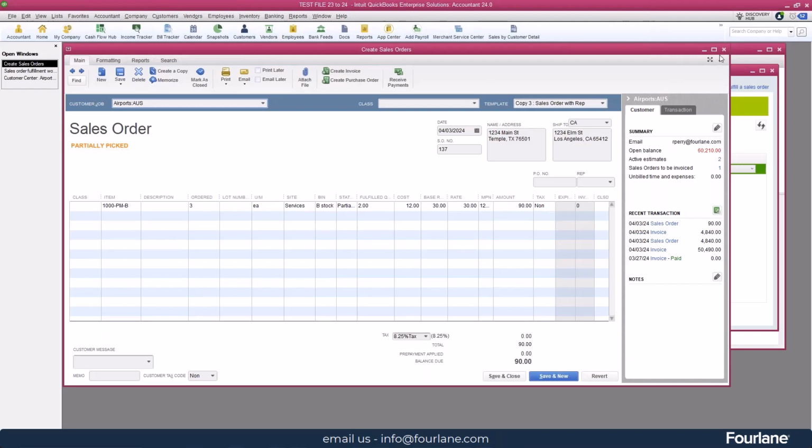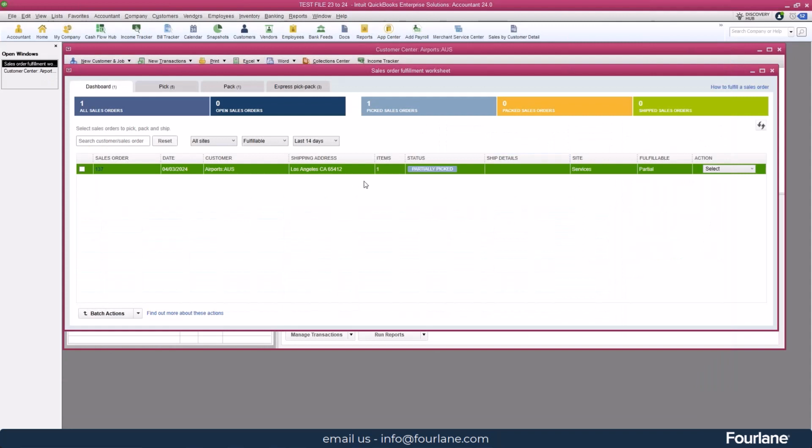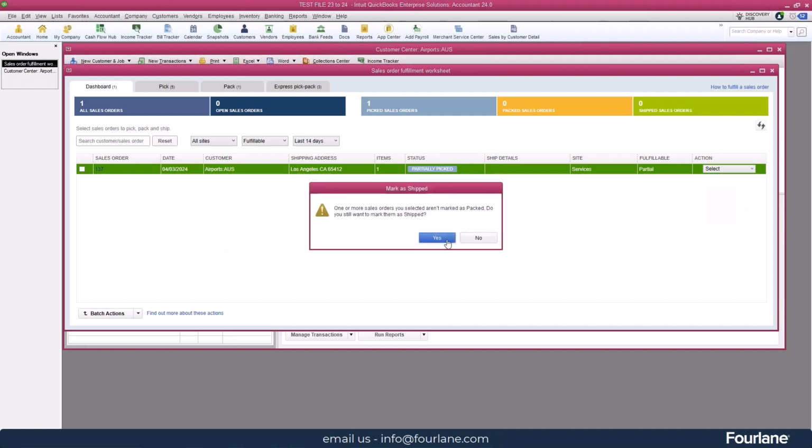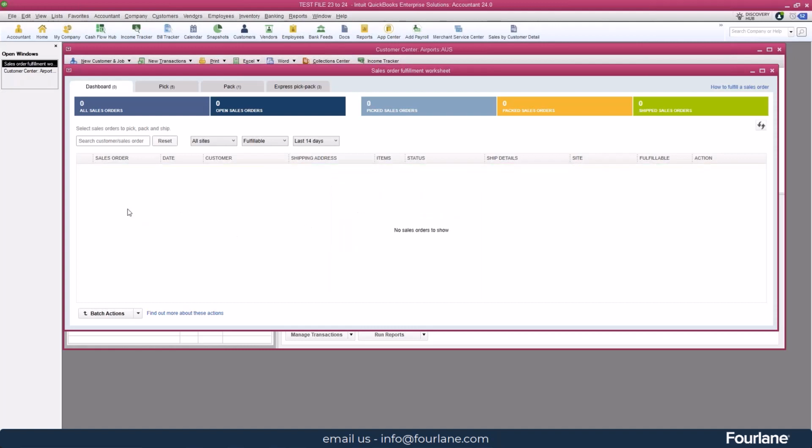So in this case, would we have to manually invoice it, or did I just miss the one to say to go ahead and invoice? Yeah, no, you didn't miss it. So I'm back on the dashboard. I only picked it. I haven't packed it. I could go ahead and skip the pack part and just mark as shipped. That's fine. And do I still want to do it? Yes, I do. I don't recommend it, but yes, I'm going to. And now it says the invoice was created. Perfect. Okay, and if I go back now to my sales order,